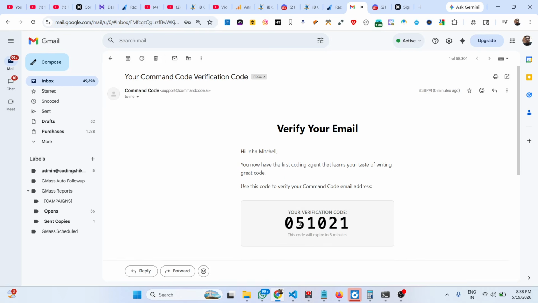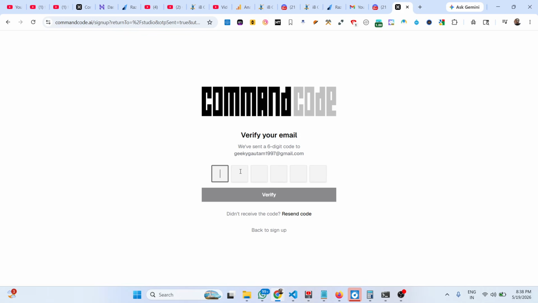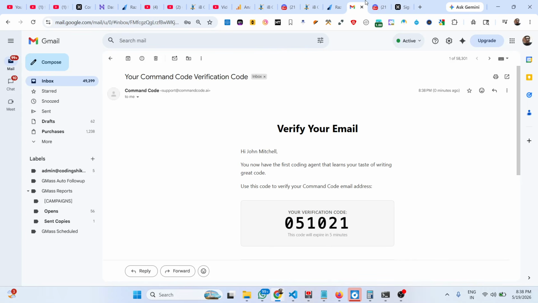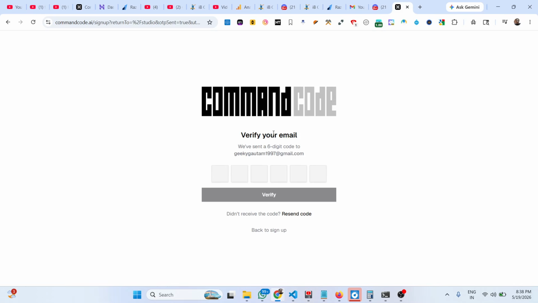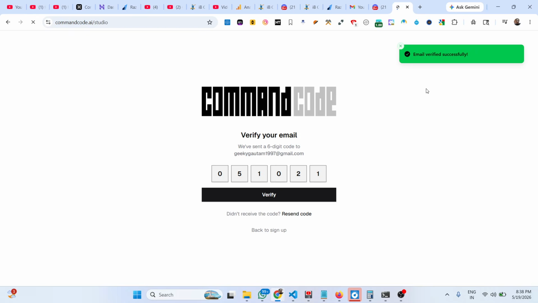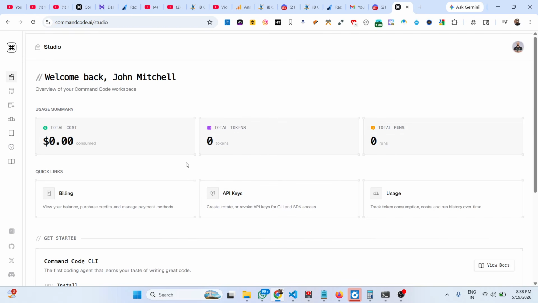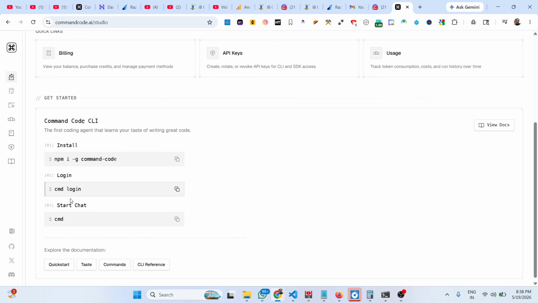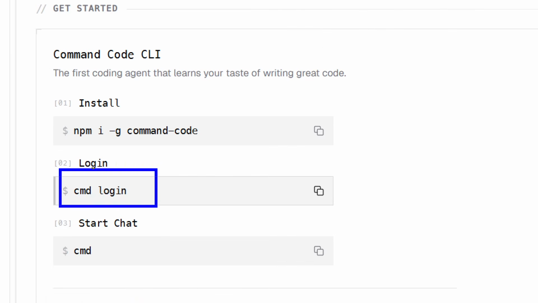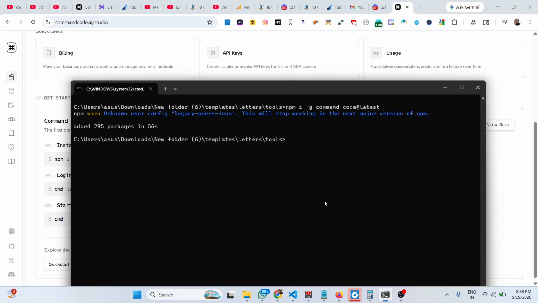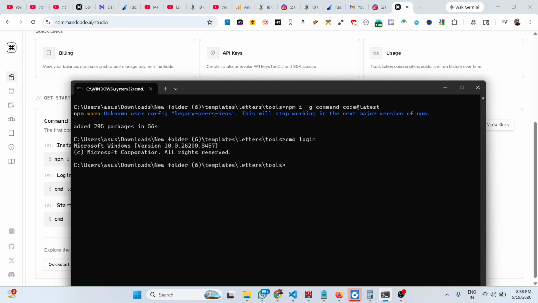You just need to write this code here. Click on verify after you verify your account here. So now it is verified, and you will be redirected to the dashboard area. Right here, you first of all log in after installing this agent. Simply type cmd login, and this will